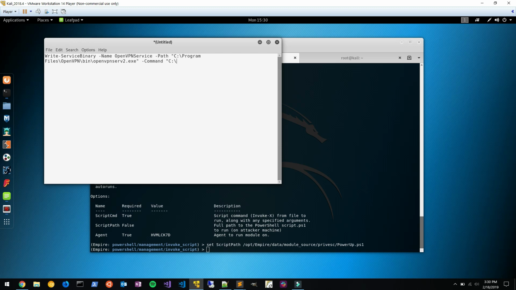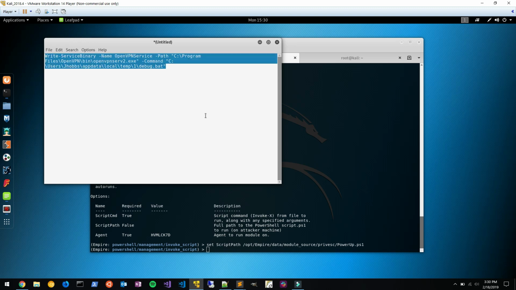What you're not going to be able to do is put an entire PowerUp or PowerShell Empire launcher in here, simply because this write service binary just doesn't accept that long of a command to put into its exe. So that's the location of the bat file that the other module output,